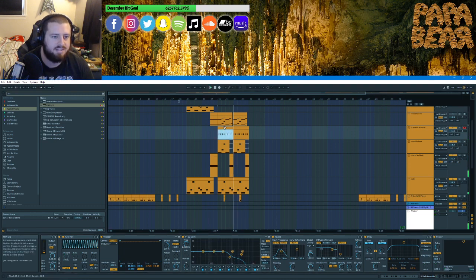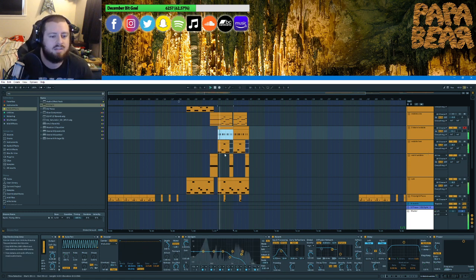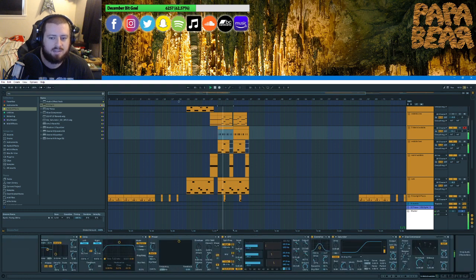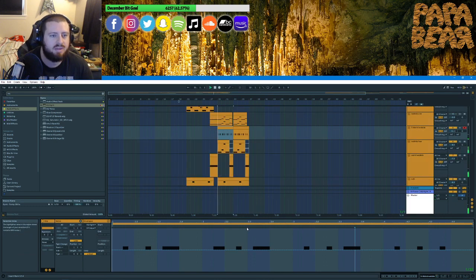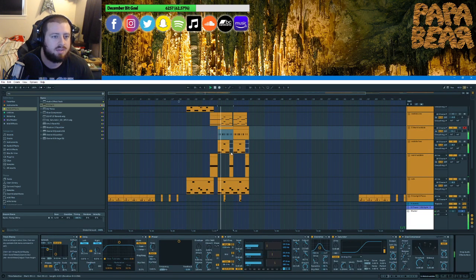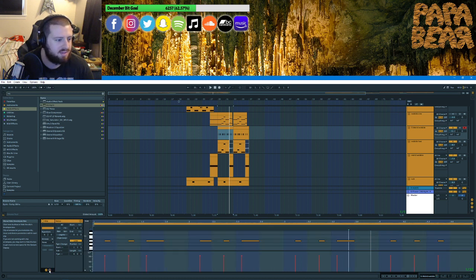Yeah, it fits a little nicer. It's not fighting as much for the foreground. I'm not liking this note anymore. That pitch bend. I think I'm doing too much, maybe.